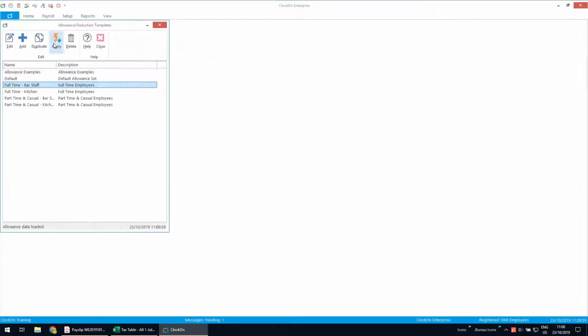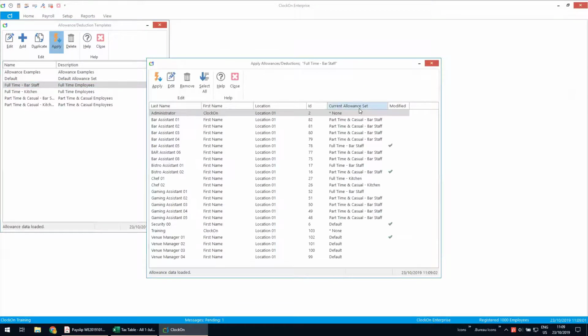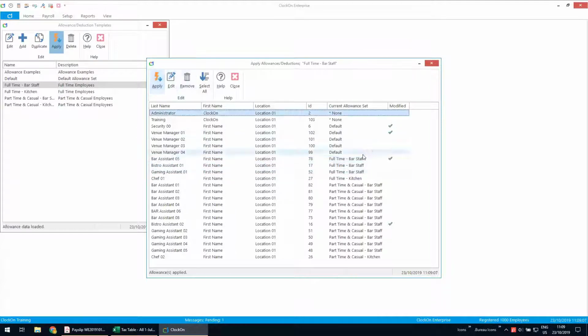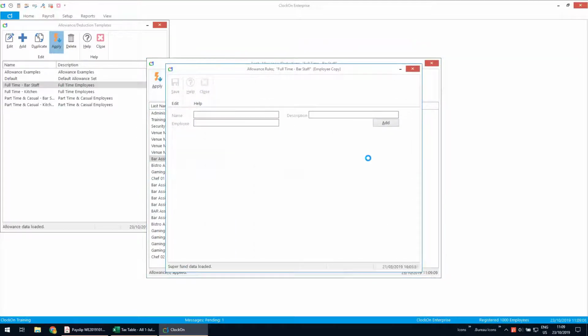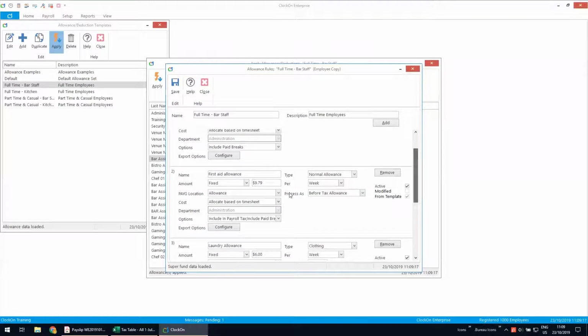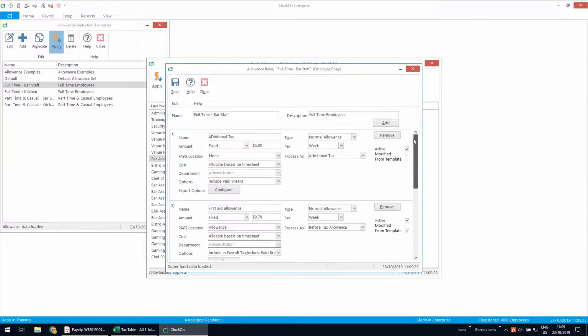So now when I select that and apply it to the staff, this one has a modified tick. So I'll apply that. And what it hasn't done is edit the modification of that additional tax in here. It's left it in there, but it has made that adjustment again to the allowance. So using that apply function means it can come in there and also then